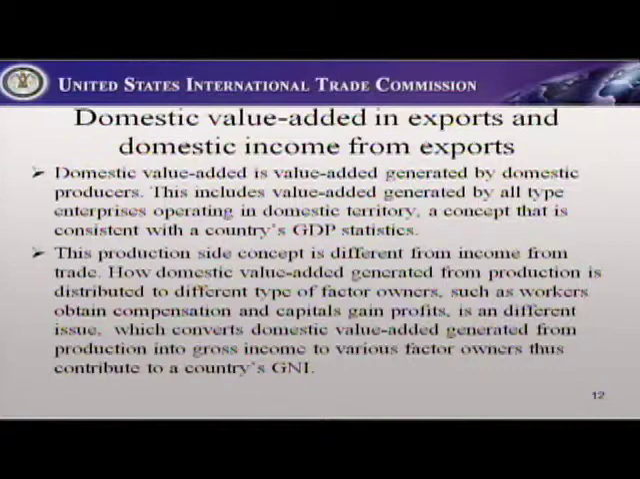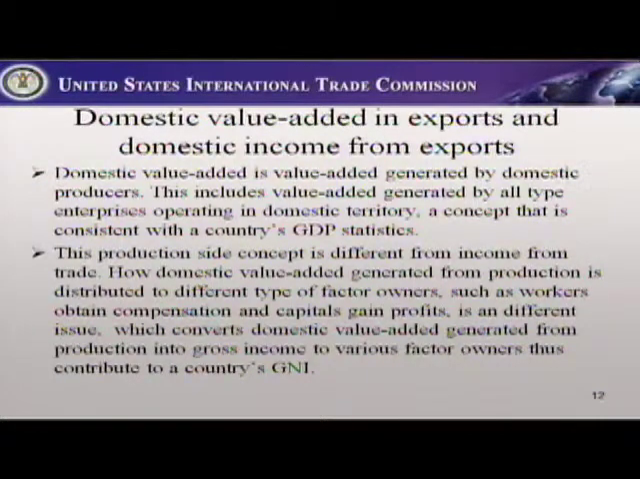Okay, so we know domestic value added is the value added generated by domestic producers. This includes value added generated by all types of enterprises operating in the domestic territory. It's a concept consistent with the country's GDP statistics. This is a territory-based production concept. However, these concepts are different from